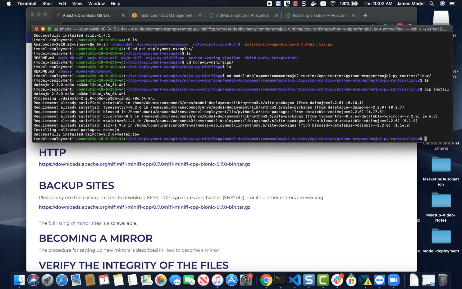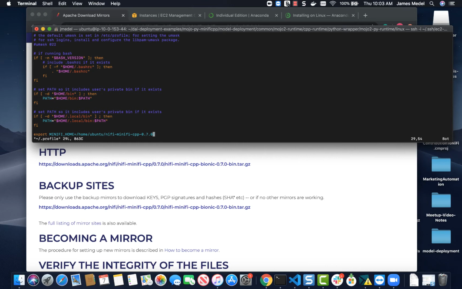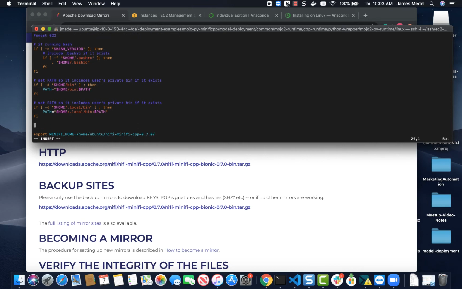What we need to do next is we need to set our environment variable for the Driverless AI license key. You could also set a Driverless AI license file, but since we're on the EC2 instance, we'll just set the key because it'll be easier. So we're going to go into our profile, and type export Driverless AI license key equals